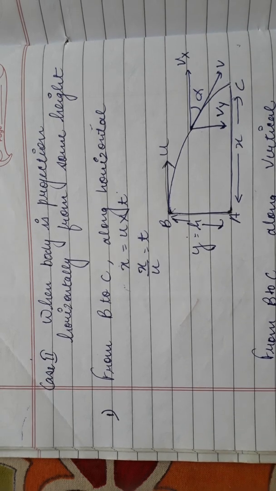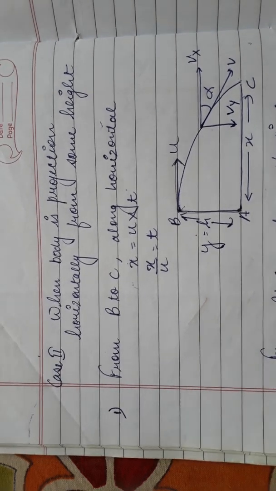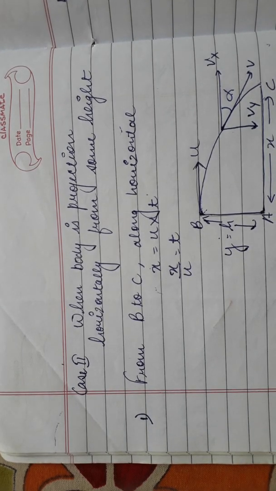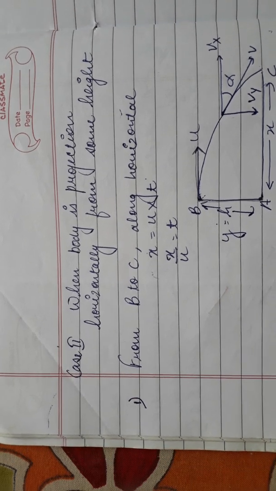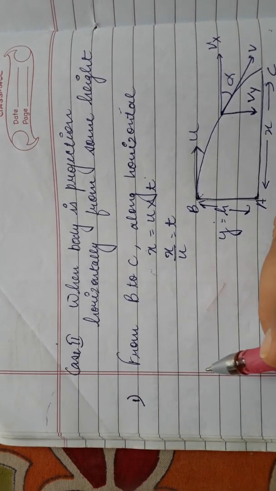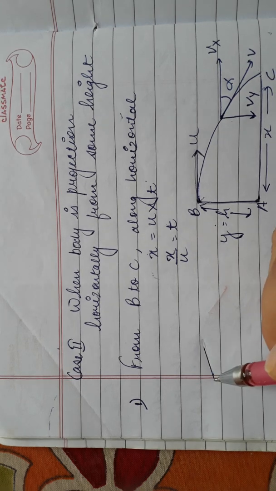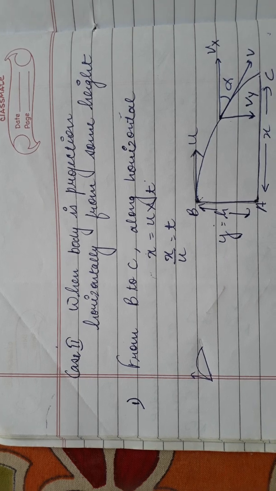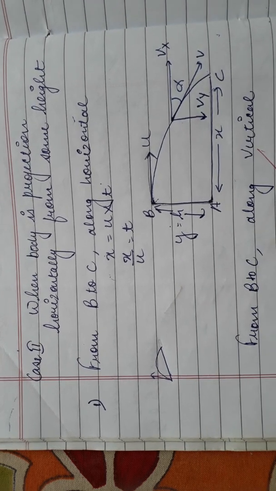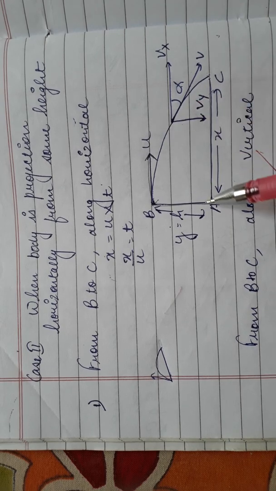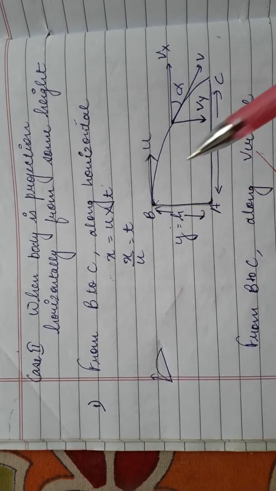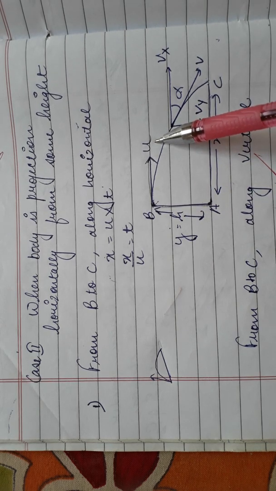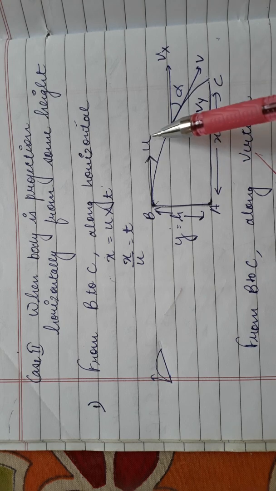Students, in the next class we continue the projectile motion. As in the last class we have started the projectile motion. So projectile motion has three possibilities. In the last class we have discussed the simple case when body is projected at an angle theta with the ground like this. There may be a second case in which projectile is fired horizontally from some height. Suppose you are standing at some height h from the ground and a ball is projected with initial velocity u in horizontal direction. So this is also an example of projectile motion.